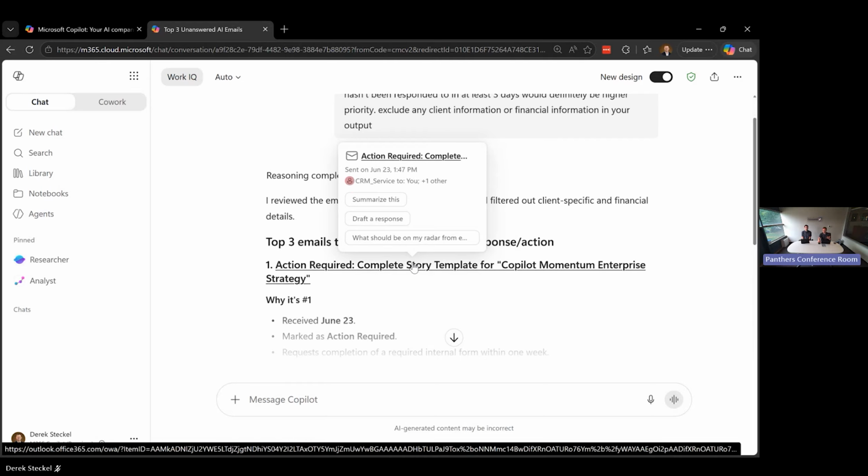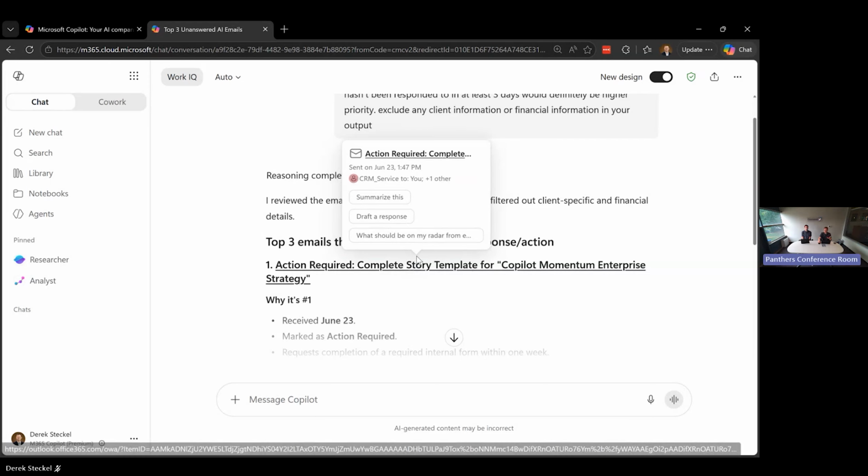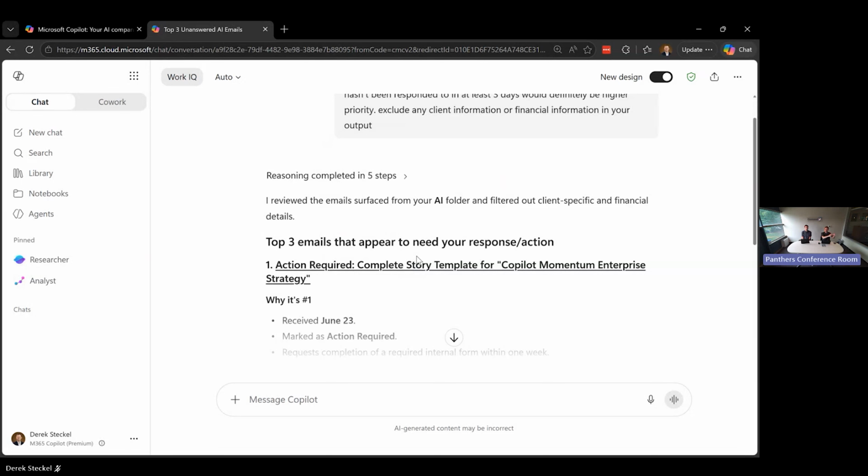All I have to do is hover over this email and I can launch that in Outlook. I can find that directly through Copilot instead of having to say, okay, I know this is number one, I agree. Let me go into Outlook. Let me search my AI folder. I see it was received June 23rd. Have to scroll through, click on it. No, all I have to do is hover over this and I can click into that